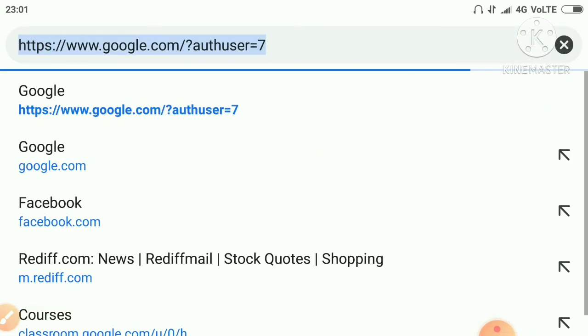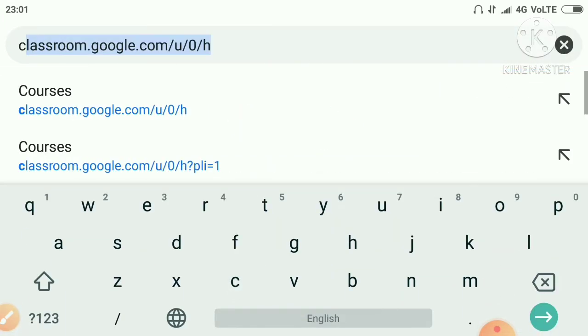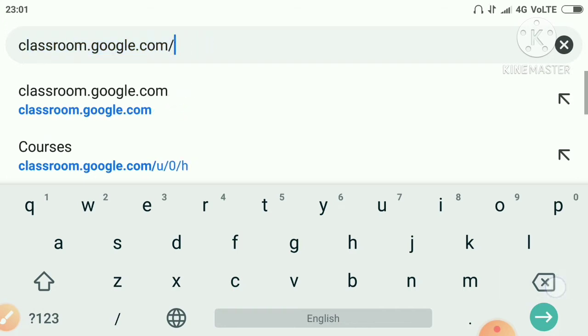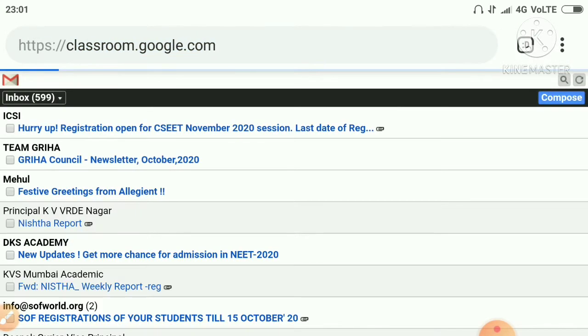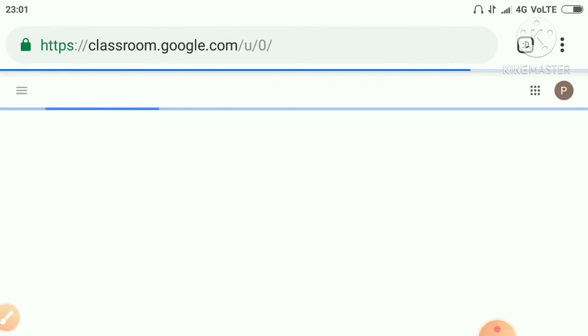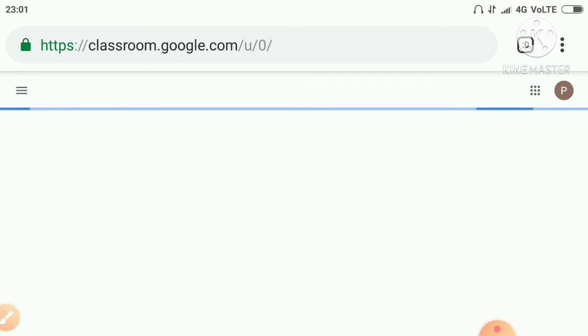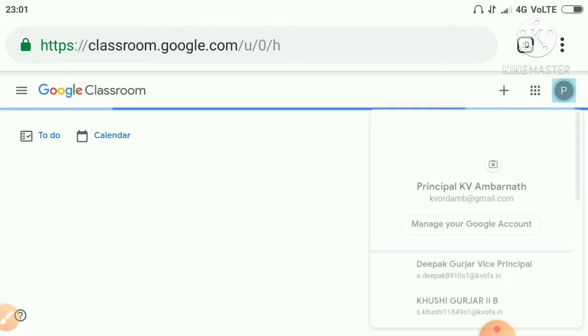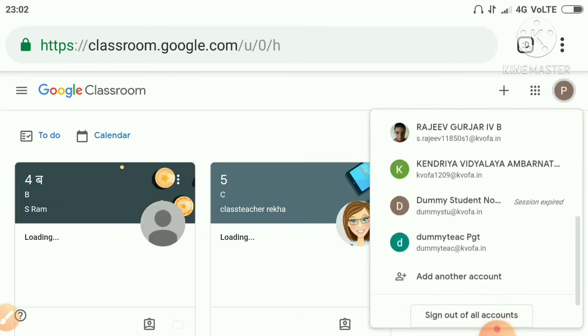Now after login, in your browser, you have to type classroom.google.com. Previously you may have many Google accounts. You have to change as per your new ID.